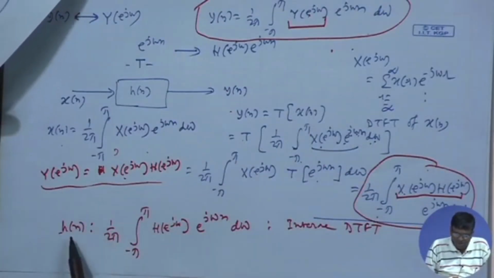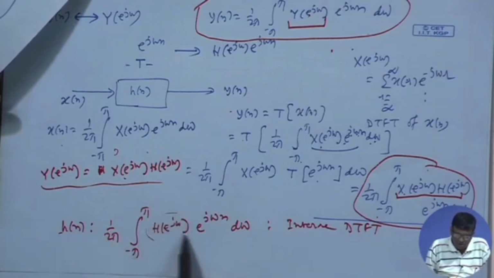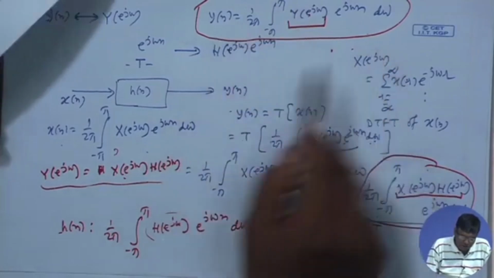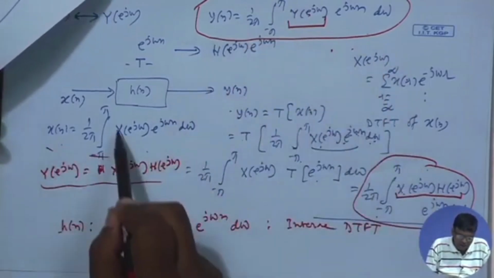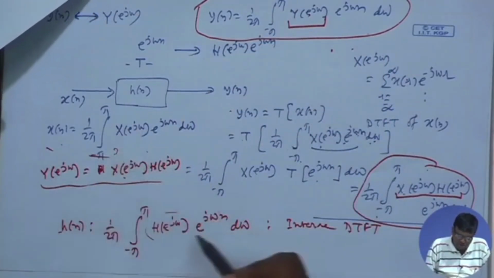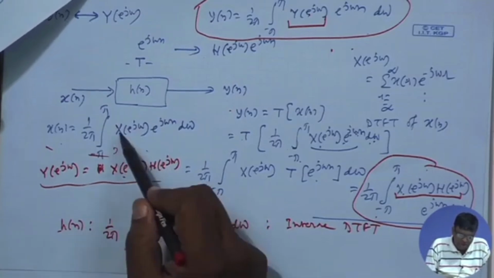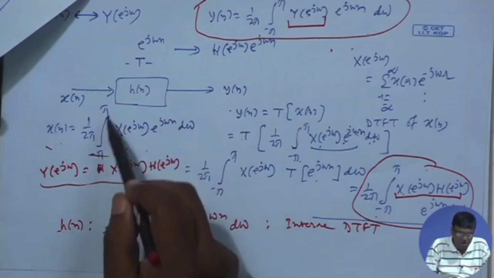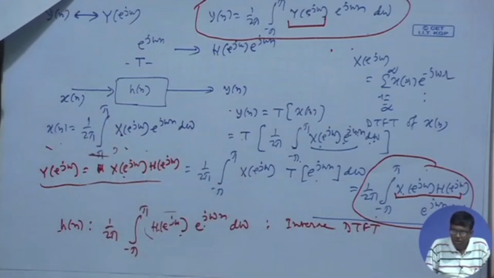Like for h n, you can get it back from its DTFT like this. For y n, you can get it back like this. For x n, you can get it back like this, with capital X of e to the power j omega, the DTFT, instead of capital H. Then the same eigen sequence e to the power j omega n, d omega, integral from minus pi to pi, 1 by 2 pi. We have also seen that